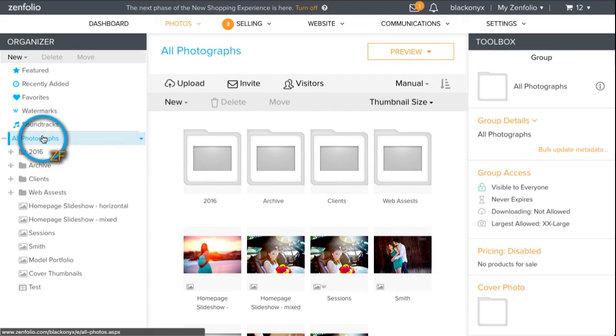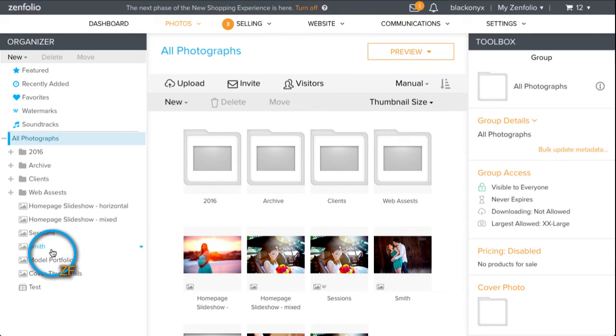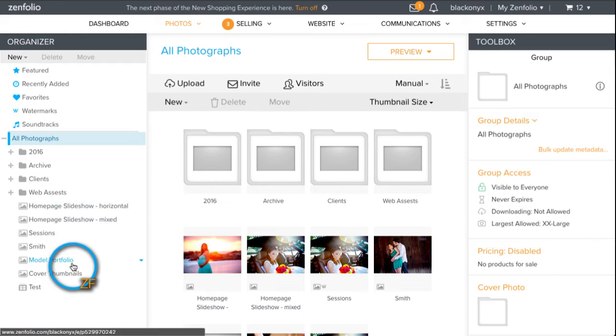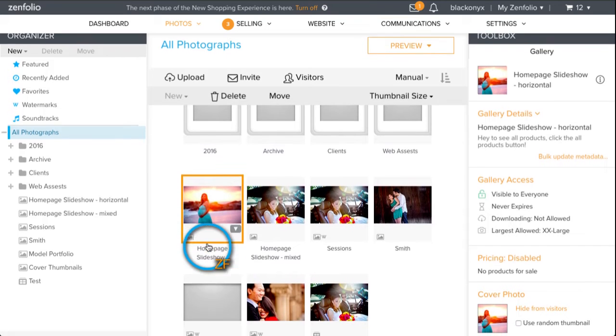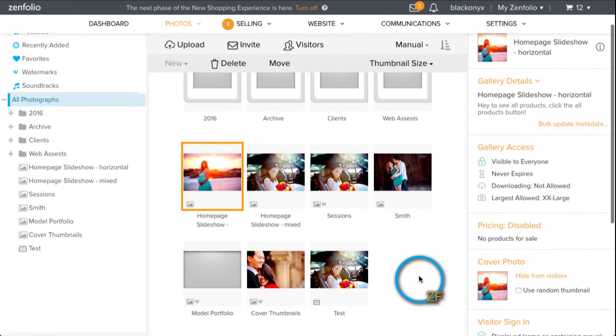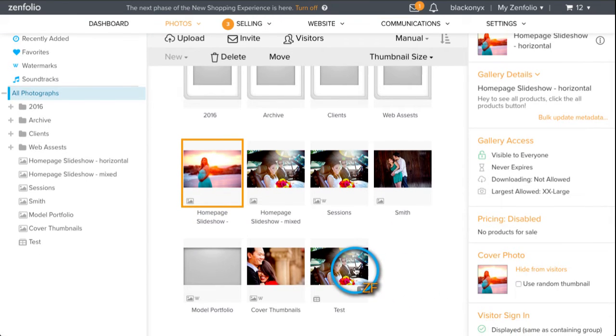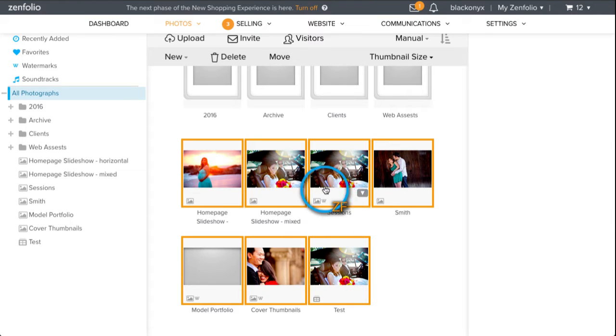So if I go to the all photographs group, and let's just pretend like these are all the galleries here for 2016. And I want to move all of these here into that folder right there. I think you can multi-select with galleries, we're going to test it out really quick and see. What I'm going to do is click on this first one here because it's the gallery, and then I'm going to go to the very last one and hold shift,